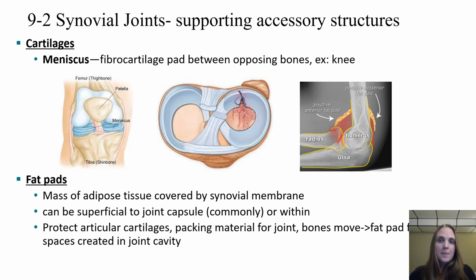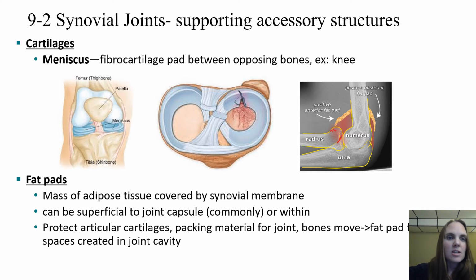So remember I mentioned the synovial joints. Those are our freely mobile joints. More movement equals less strength. So we have these supporting accessory structures to try and provide some strength and stability with these synovial joints. And there are a couple different kinds of supporting structures. We have cartilages. A meniscus is a fibrocartilage pad between the opposing bones. An example of where we see this is within the knee, and you can see a picture here of